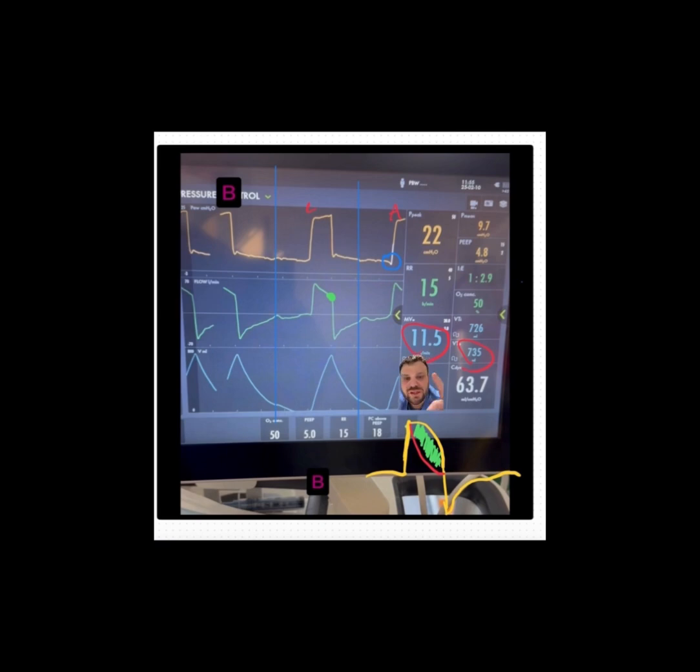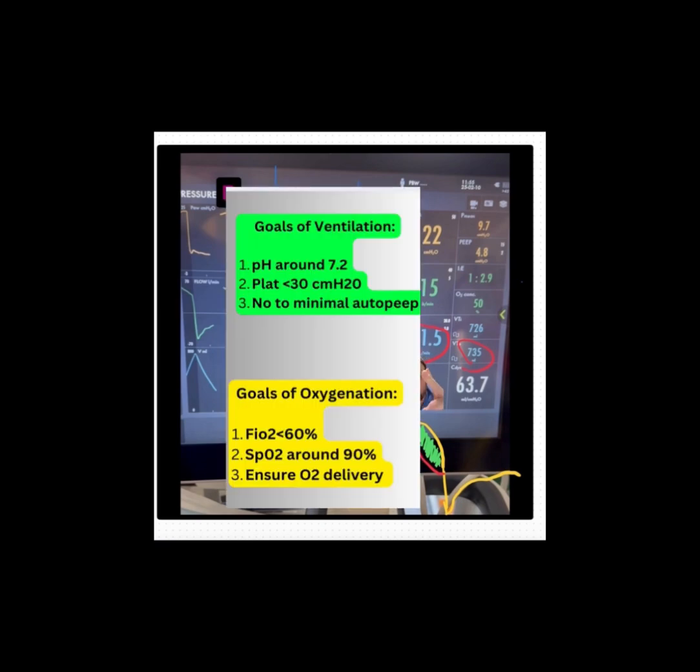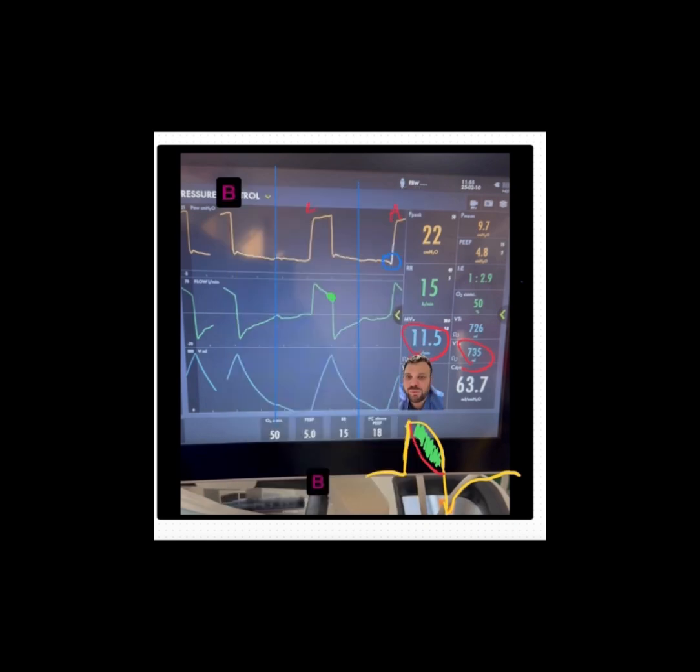Now remember, from the goals of ventilation, we want to have a plateau pressure less than 30, a pH of around 7.2, and no to minimal auto PEEP. In the volume control breaths, we probably were breaking at least two of those goals. There was auto PEEP, and the auto PEEP was probably contributing significantly to the plateau pressure. Now in this situation, what is the plateau pressure? I'll tell you that I measured it and it was in the 20s, but we know that it's in the